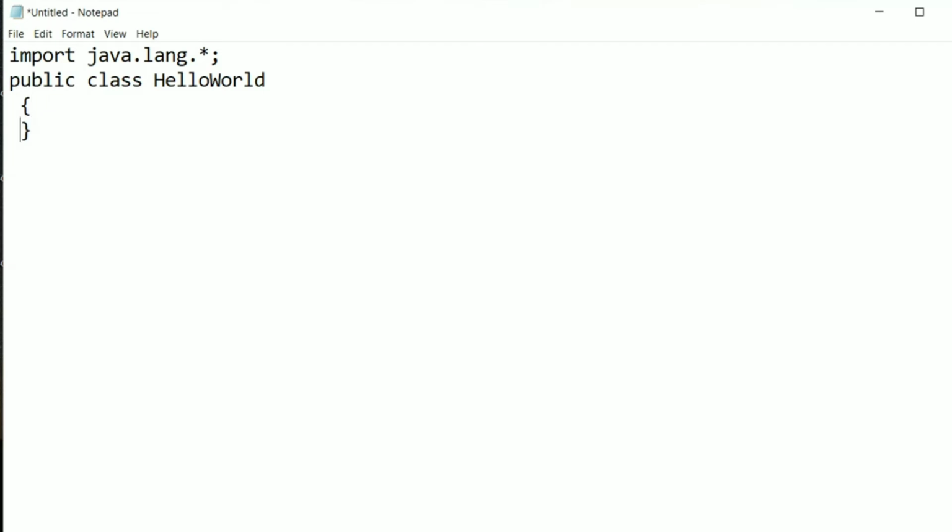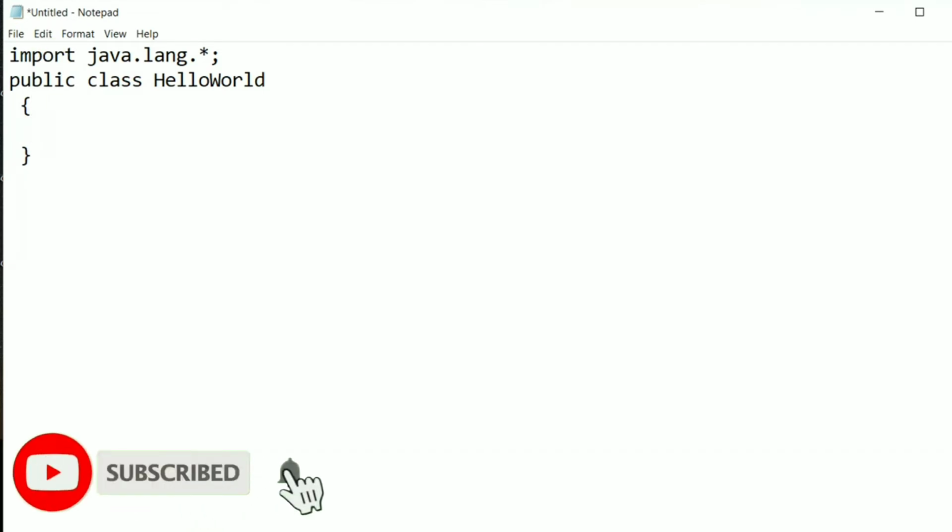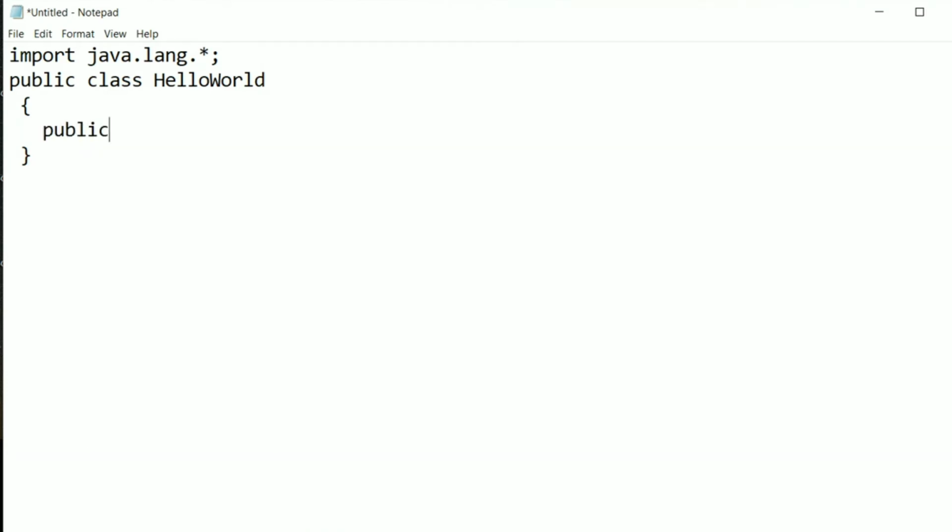And in the next line we have to write the main method: public static void main.